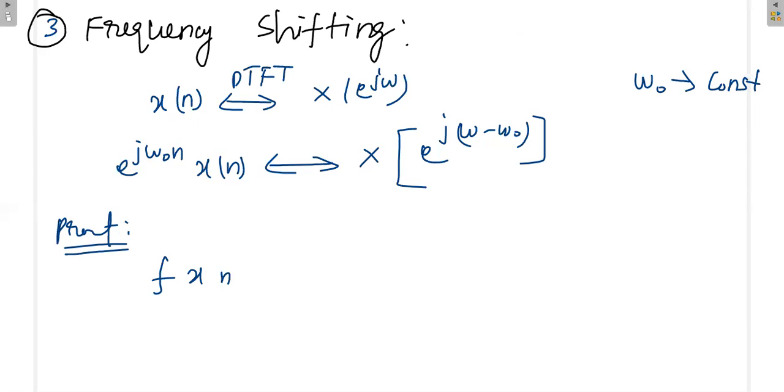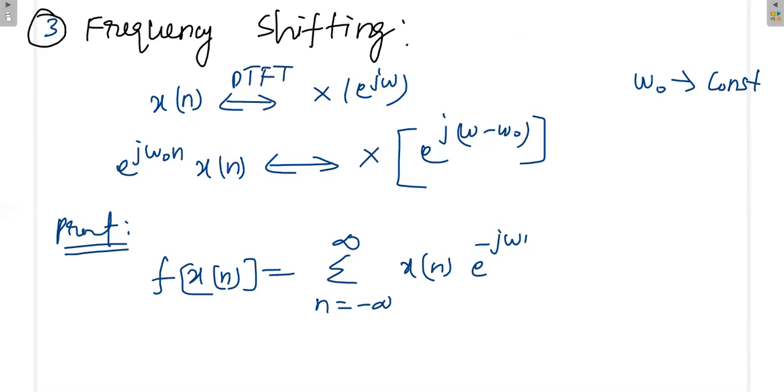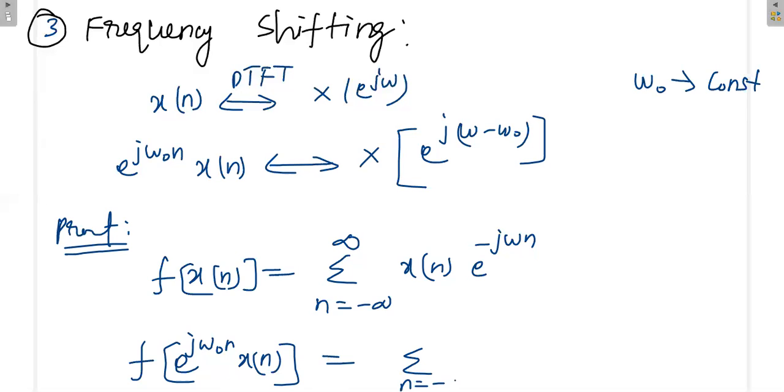Discrete time Fourier transform of signal x of n is equal to summation n minus infinite to plus infinite x of n e power minus j omega n. In discrete time Fourier transform of signal e power j omega naught n x of n is equal to summation n minus infinite to plus infinite x of n, again e power j omega naught n. Already e power minus j omega n is there. Now we can combine these two terms,